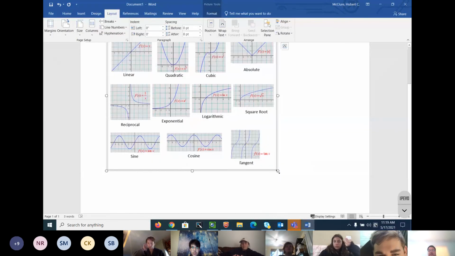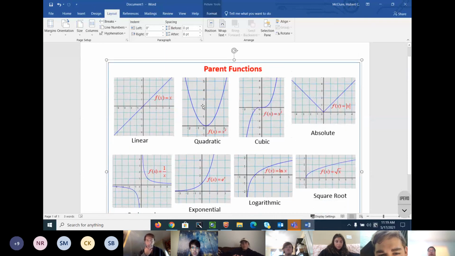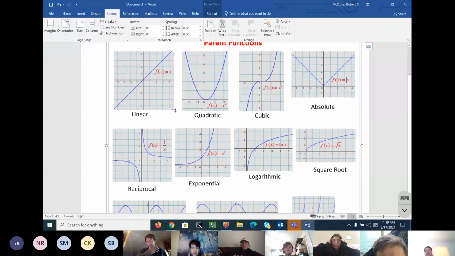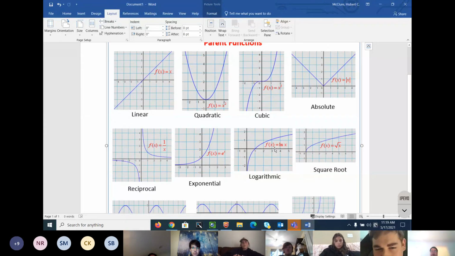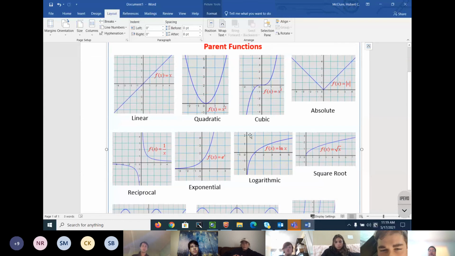So if you don't have that handout, you need to get a handout like this, because we're going to transition from actually graphing these to vertical and horizontal shifts and domain and range and all that good stuff. I need you to make sure you're familiar with these. You don't have to worry about the bottom ones, just the 8 right here. You might want to leave the back of this open when you print it out, because we're going to add some more to it.